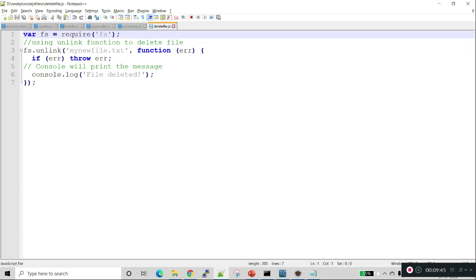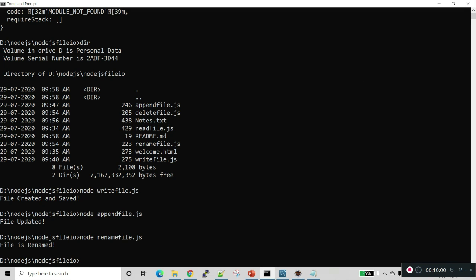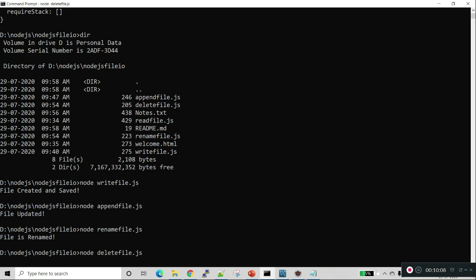Here I am calling unlink, and I have changed the file name to mynewfile.txt. If there is any error I'm throwing it, and I'm logging "file deleted successfully". Let's call node, which is the command we need to use, with deletefile.js.